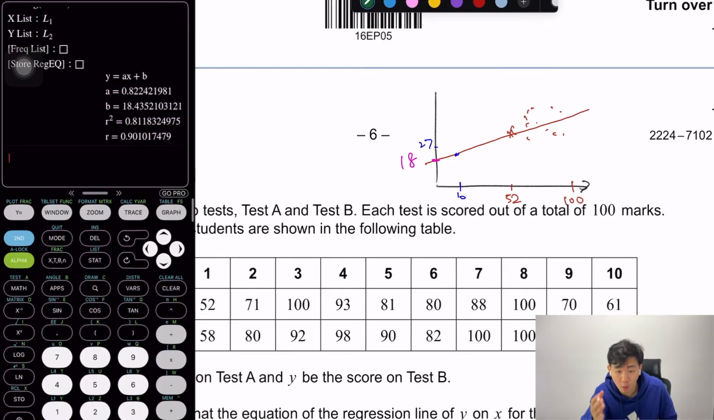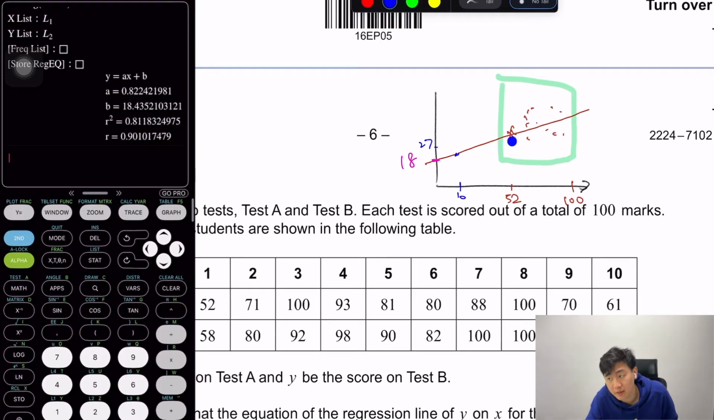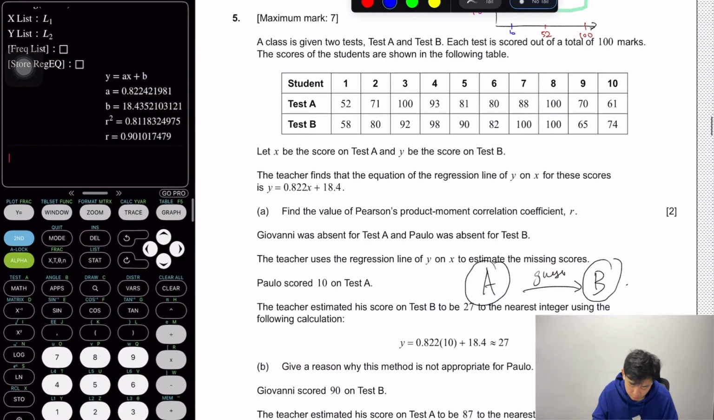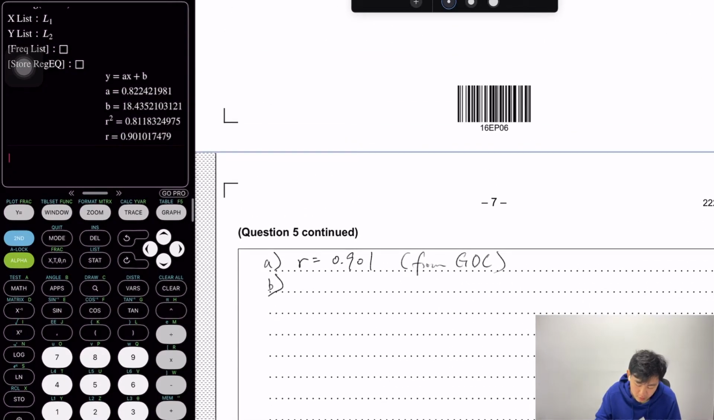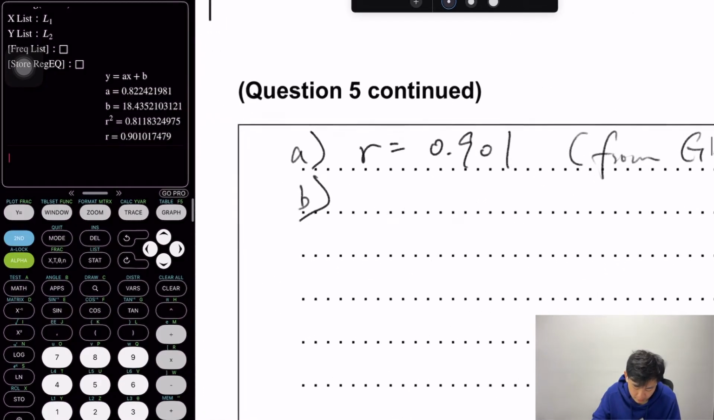Because your regression is only very accurate around this region, right? Your minimum input is here, your maximum input is here, as are your maximum output and minimum output. It's your range between here. If you find the result from A from 52 to 100 around here, then that result is most likely correct. But this one, you input a 10, which is outside the range. So the reason for us to say that using a result of 10 points in test A to infer the result of test B as 27 points is not appropriate is that